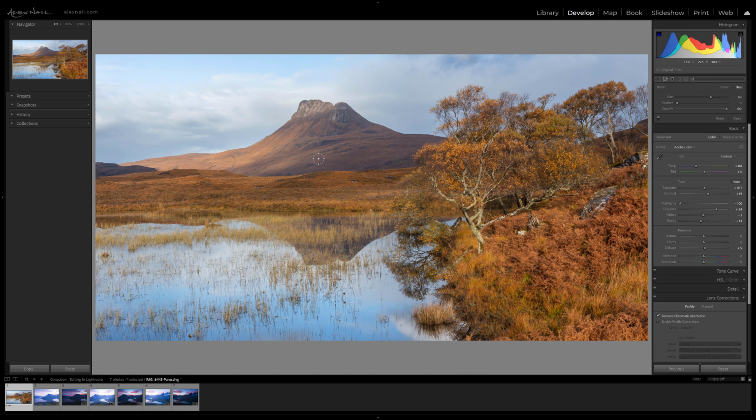Then there's the spot removal tool, which does what it says on the tin. You can use it to clone things out if you really want to, though I wouldn't recommend cloning anything out, especially when you're starting out, other than dust spots. So I can't see any dust spots on this image, I'm afraid. I probably did have a very clean sensor at the time, but let's say this rock was a dust spot